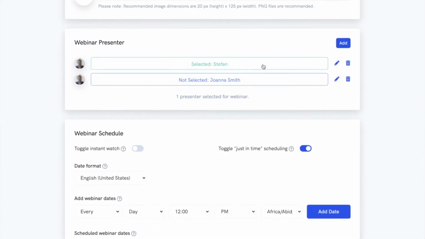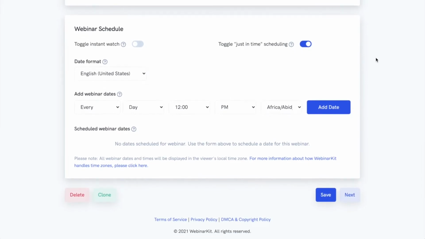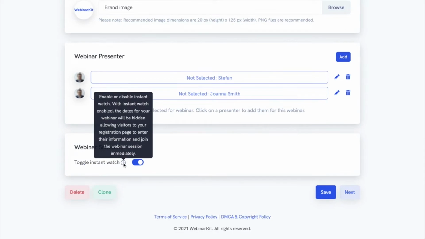You can add a presenter or remove a presenter, and this will be the list that is shown on the landing page. From here, when it comes to webinar scheduling, we've got a few really powerful options. The first option is an instant watch, and as it says right here on the tooltip, enable or disable instant